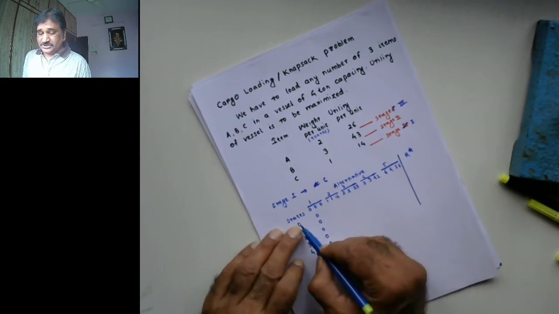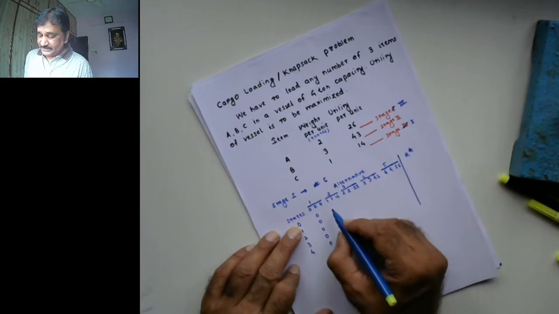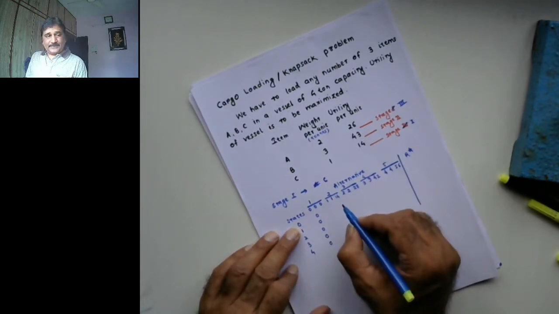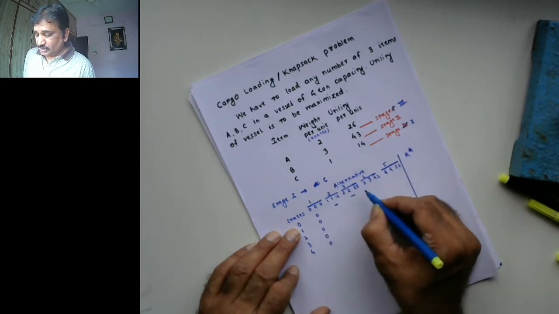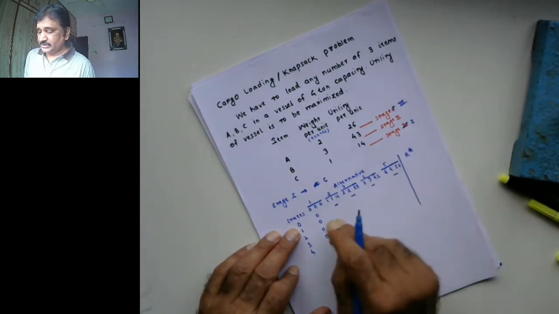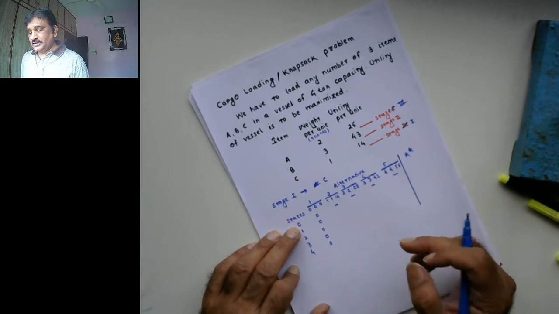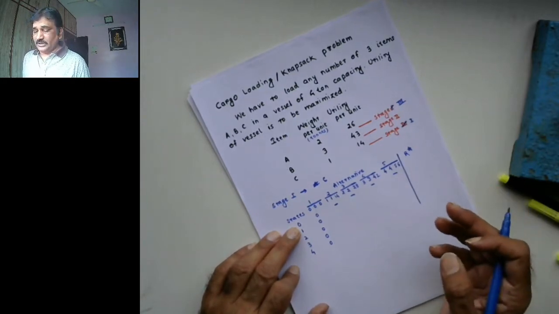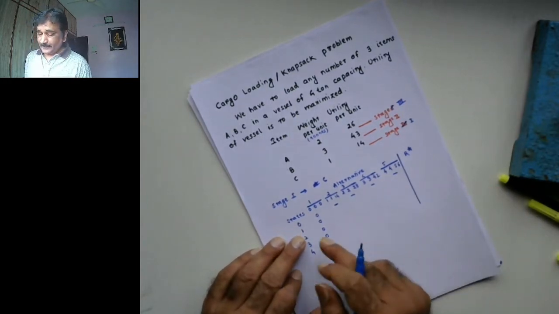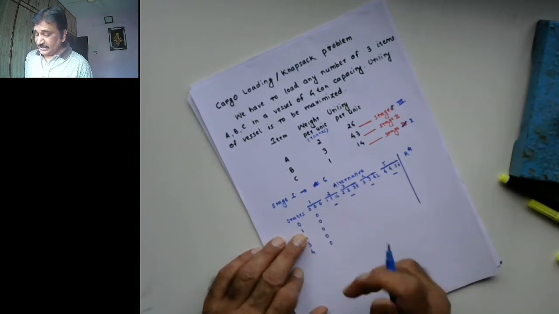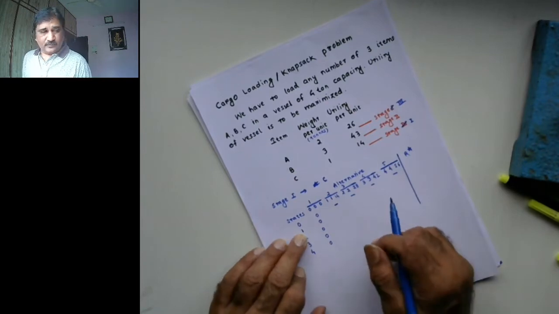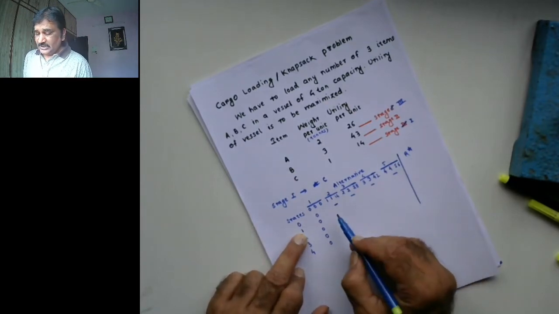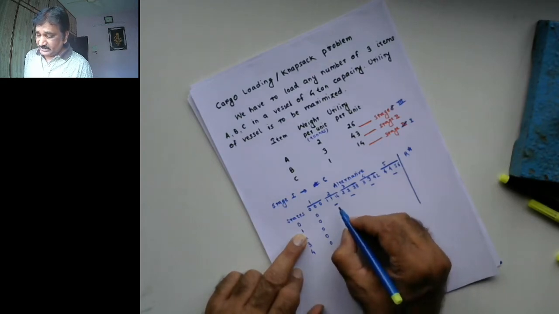So if I assume there is 0 ton capacity in the vessel, I won't be able to use this alternative, this alternative, this alternative, this alternative, because they require 1 ton, 2 ton, 3 ton, 4 ton capacity in the vessel, which I am assuming that I don't have. Now, if I assume that I have 1 ton capacity in the vessel, will I be able to use this second alternative? Yes, I will be,